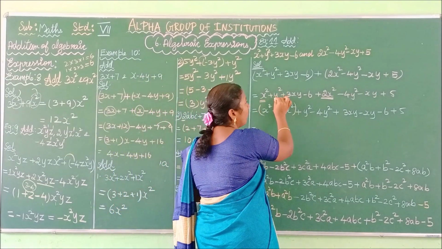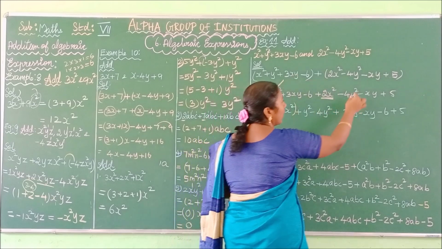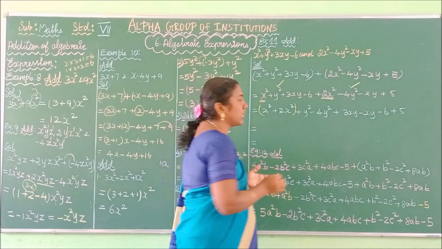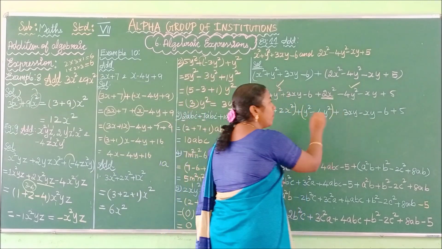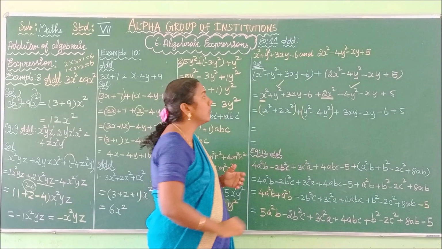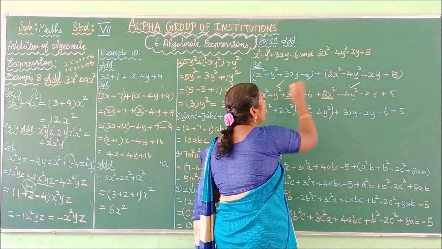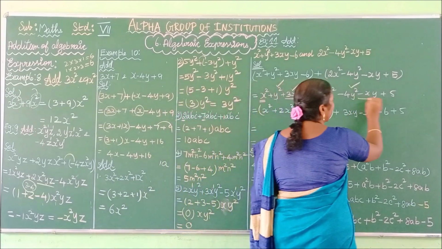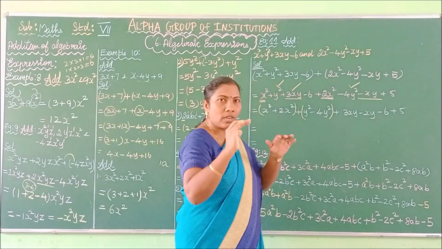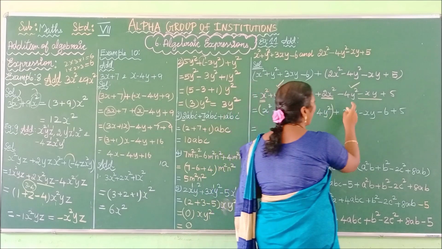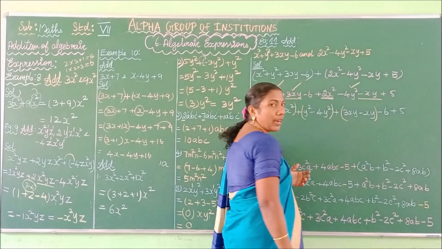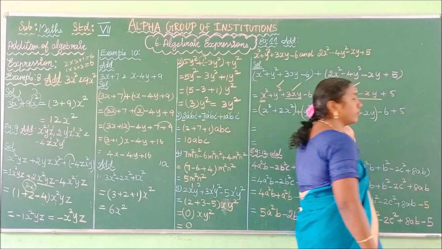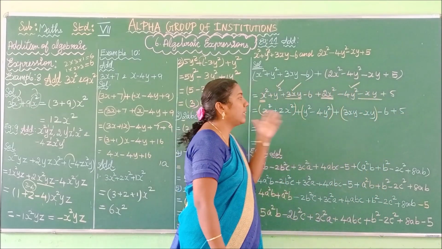Next here we have y square. Here also we have y square, that is minus 4y square. Now we are collecting the y square terms, that is y square minus 4y square. Do you understand? Next here we have 3xy. Check whether there is a term xy. Yes, here also we have xy too. So you have to collect the terms: 3xy minus xy. Do you understand, children? Next we have the constant terms, minus 6 plus 5. Now we have segregated the like terms.